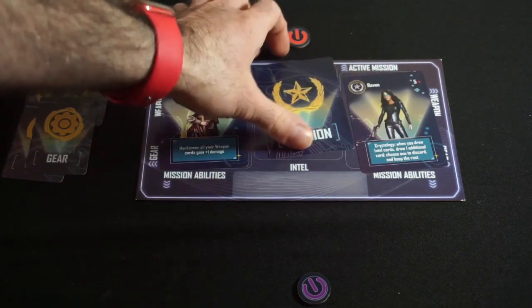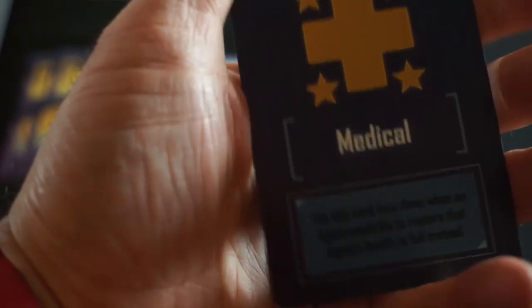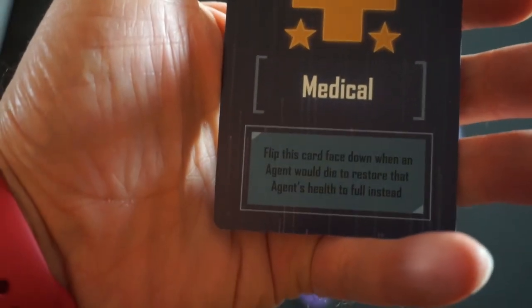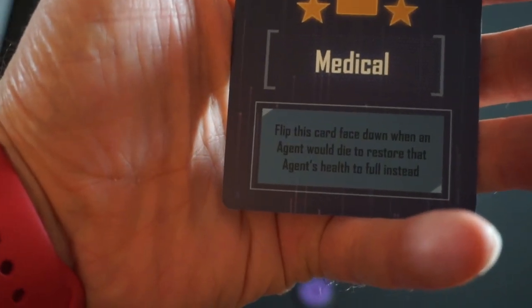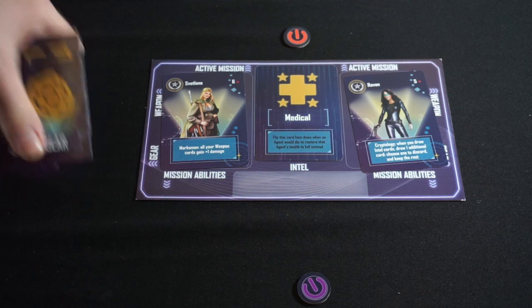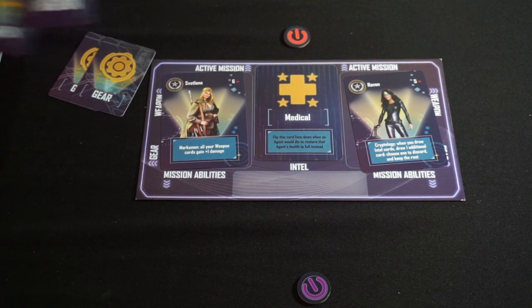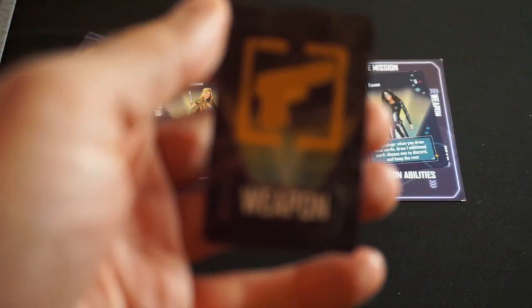But their starting division, which gives them a once per game ability: Svetlana and Raven are part of the medical team. Flip this card face down when an agent would die to restore that agent's health to full instead. That's actually a pretty good once per game effect, but we've also got 2 gear and weapon cards that we can equip them with. So first up on the weapon front, we have